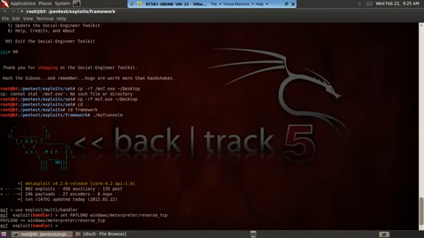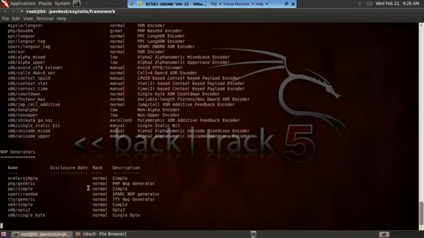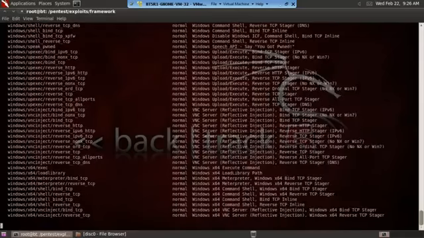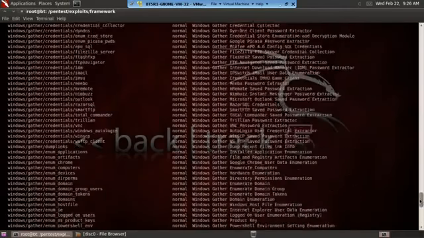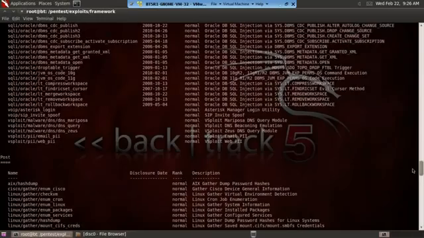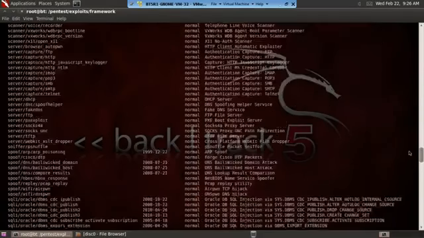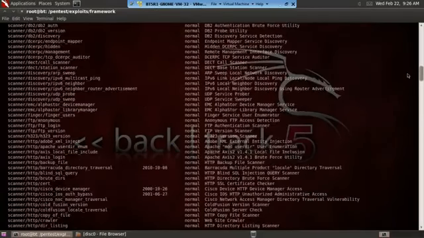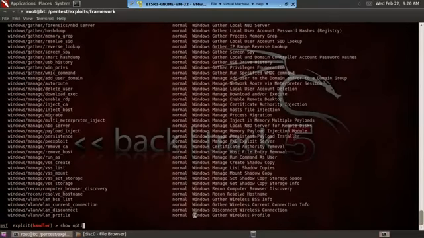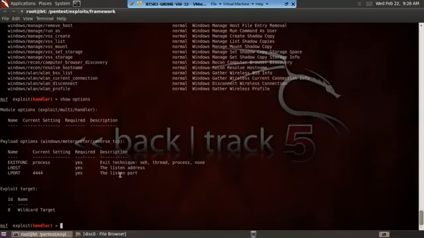And what that's going to do is make a specific listener for this payload here, and it's going to give us some very specific options as to what we need to set. These here are all the different payloads, as you can see here, and there are quite a few. What we're going to do is just type in show options, and as you can see,